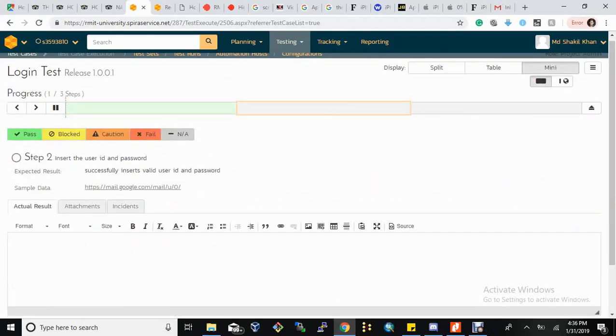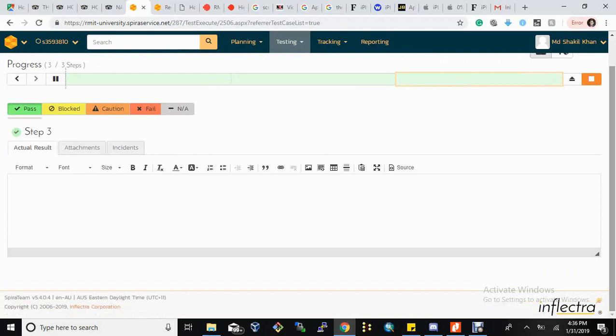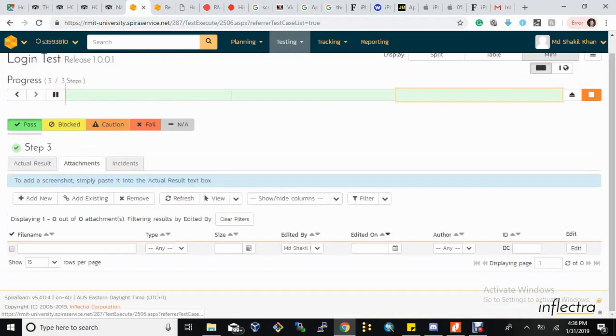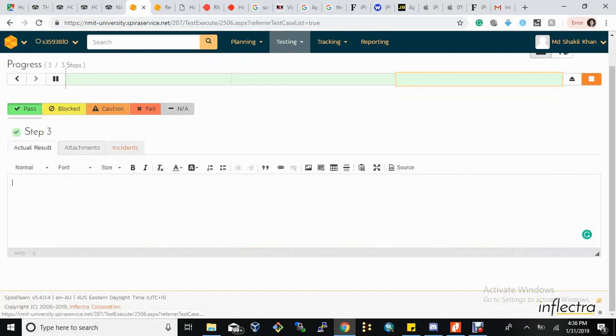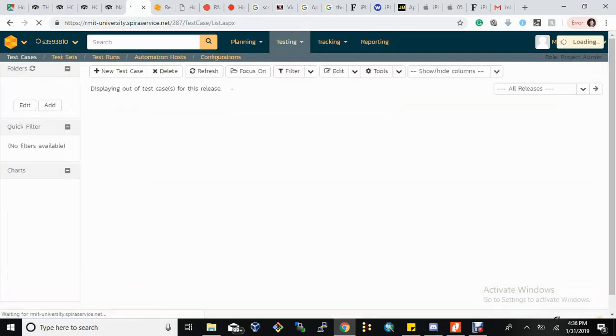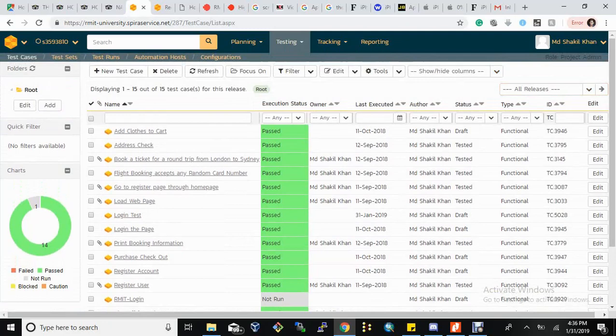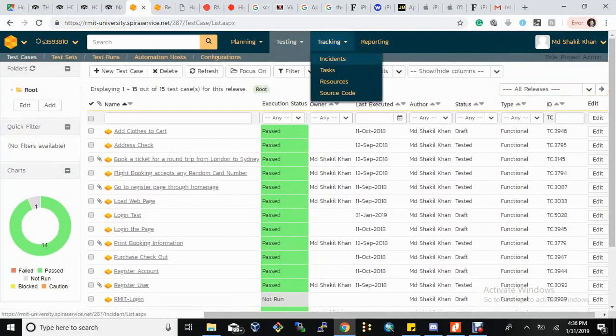Say like this, step 1 is successful, step 2 is successful, step 3 is successful as well. Then we pass it, and we can add the successful result information through images and everything, and if there is an issue we can add it here, incidents and everything. So that's the test case. If you go to the test cases list now, it will show the login test, and it shows the execution as well. So as you see, the login test here is passed, ran on 31st January 2019. Whether it's functional or not, everything else is here, tracking. So if there is an incident,